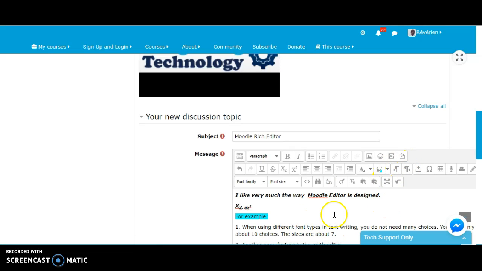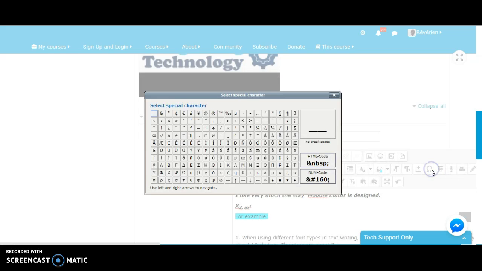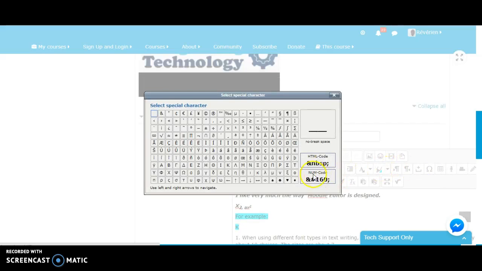We have also a feature for symbols like this. We have special characters, and you can have this one. Once you want to insert a character, you will see the explanations at your right. This is kappa, and we can insert another one.